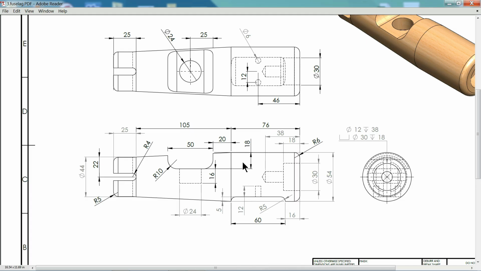Okay, now what we will do, we will make this cut. Before cutting this one, we will make this radius 6 millimeter. Here you will see there is one cutout. You will see here depth shown 12 millimeter, 38 millimeter depth, 30 millimeter, 18 millimeter depth. See this 30, 12, 18, and the 12 millimeter depth is up to 38 millimeter. These two things we will create. Then we will try this cutout, 60 millimeter long, 16 millimeter from here, and the depth is 5 millimeter.